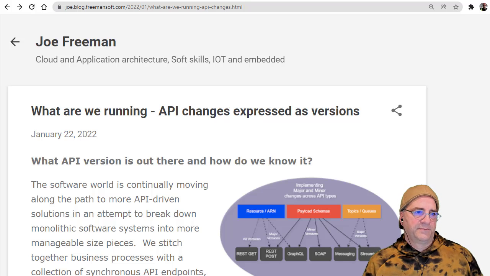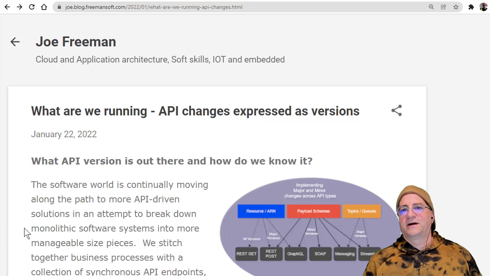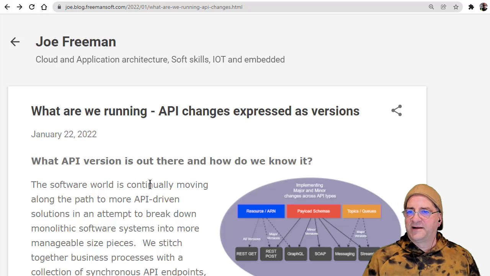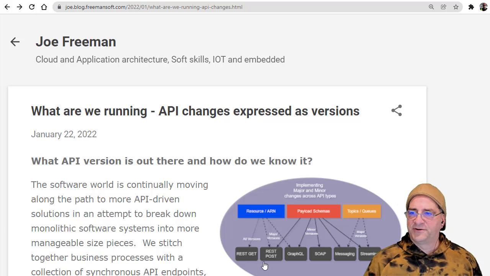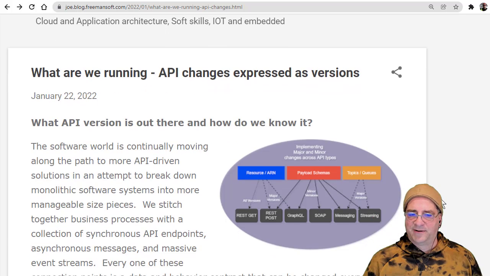So this is a specific talk, a sub-talk in the area of understanding what's actually in production or what version is in any of our given environments. And this section is really focused on APIs and how to understand what version of an API is out there. And basically in a decentralized world, a world where we've gone to more service-oriented architectures, microservice-oriented architectures,